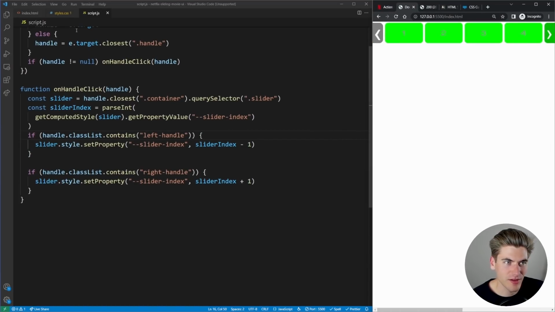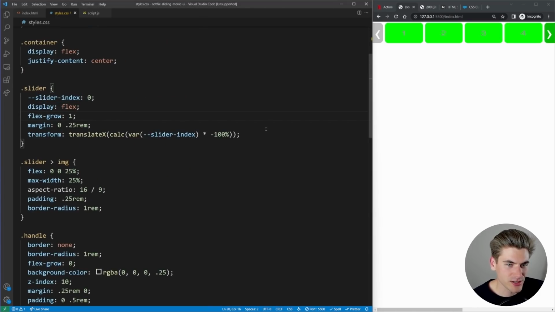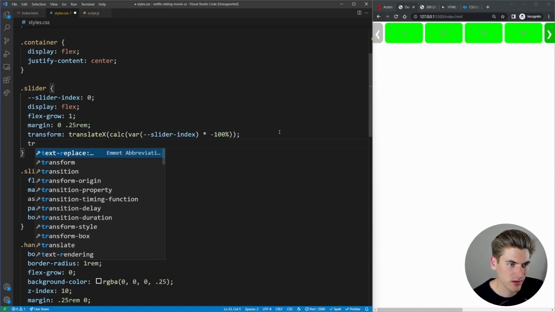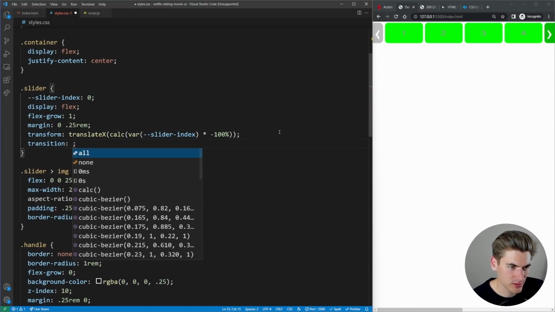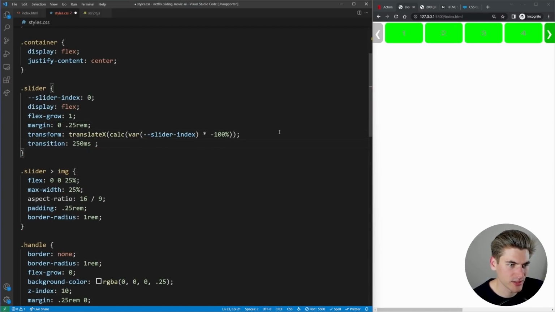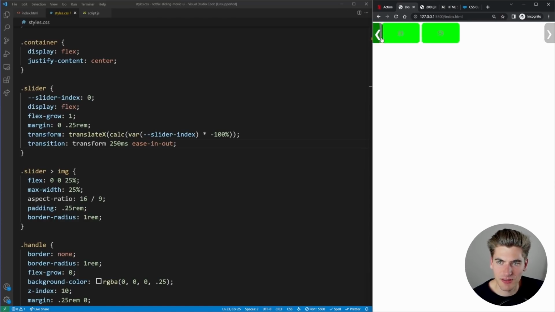We can move right and left, and if we just slap on a little transition for our transform, transition, maybe like 250 milliseconds, ease-in-out on the transform property. There we go. It works exactly like Netflix's does currently, except for obviously moving backwards doesn't work, and if we move too far forward, that also does not work.